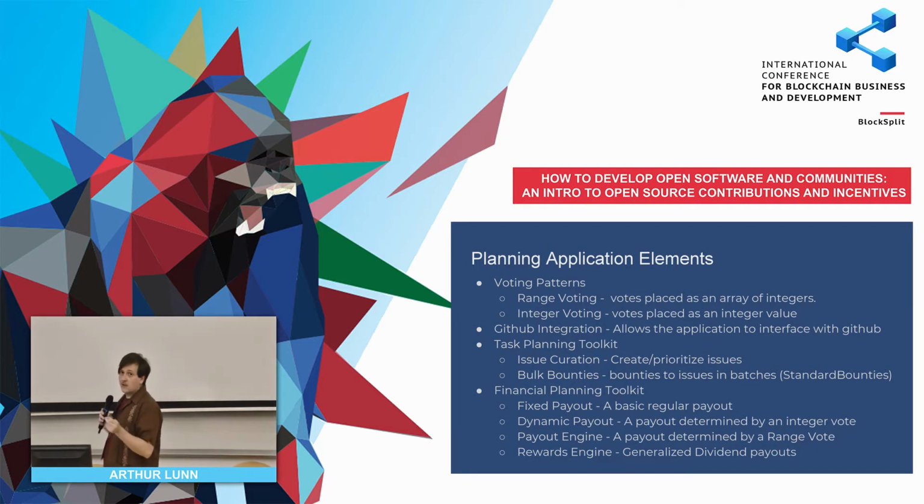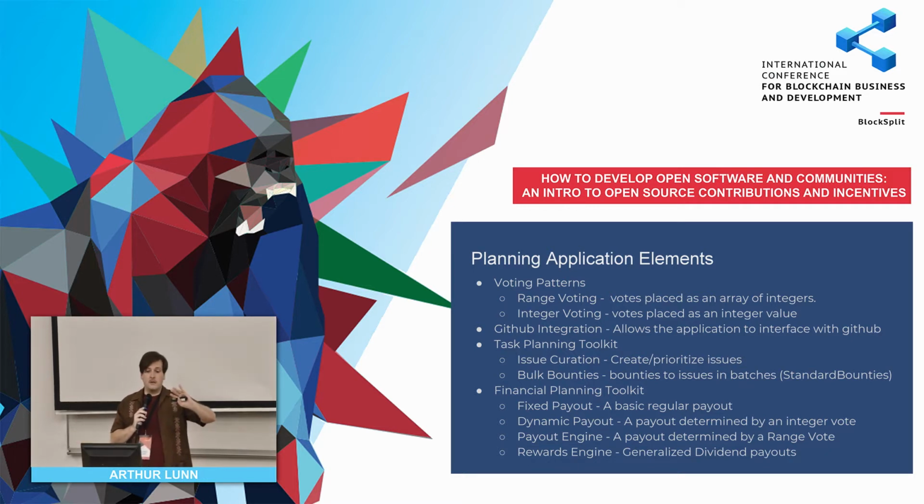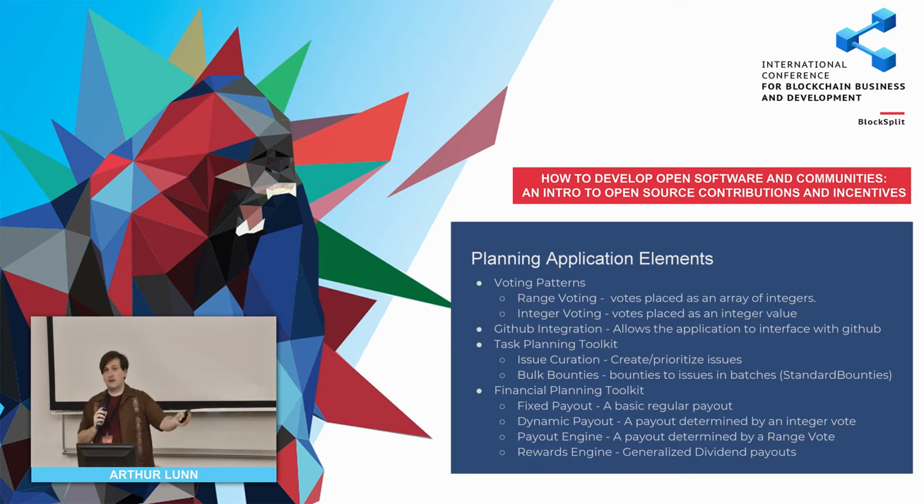It lets you take the range vote output and then set up an automated budget. You can do this on either a monthly basis or a one-time basis or whatever you want. But all it'll do is take a vote from the organization, and then any funds that come into that contract, based on the distribution that they vote on, it feeds them back out on the other side. So this is kind of what that looks like.